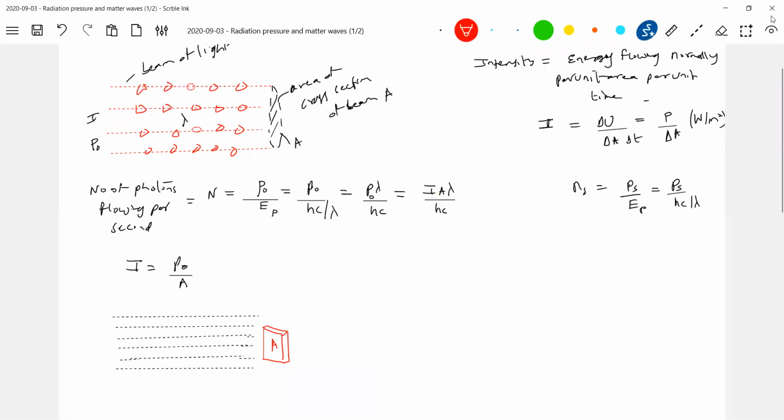So these are the photons. The photons are here. Let the surface absorb the incident photons. Are all the photons incident? No. Only the ones which lie in this region are incident here. So this surface absorbs the photon. Then the photon was having momentum. There's a photon, I'll put it like this. So what is the momentum of this photon? H by lambda. The momentum of this photon is H by lambda.